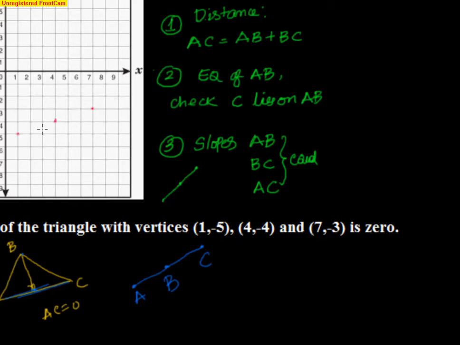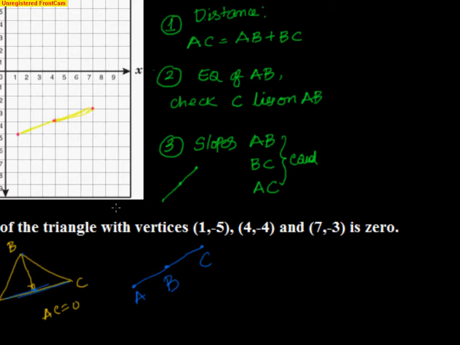Now from the graph you can see very clearly they will not form a triangle because they are all on the same straight line. Now let's prove it algebraically. We are able to prove that graphically, right? If I take a graph and plot these points, I see that they are on the same straight line, then immediately I can say that they will not form a triangle because they are lying in the same line. So if you want a triangle, the area will be nothing but 0.